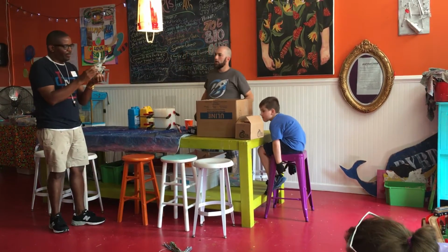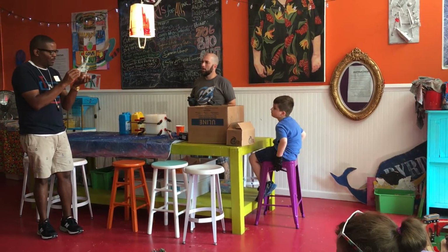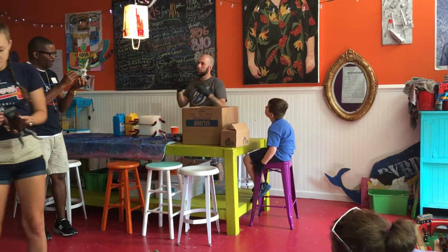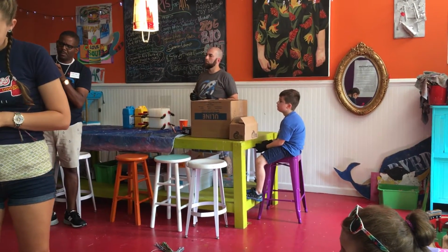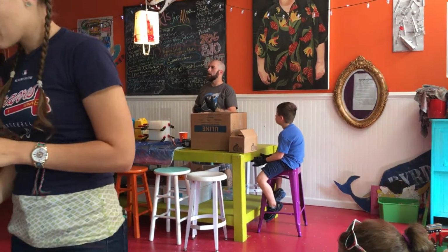What is he made of? I found a base at a hobby store, and I sculpted on top of that with Magic Sculpt. It's a 2-part epoxy that you mix together and it air dries, but it's water soluble. If anybody ever uses it, wear gloves. I started playing around with Super Sculpey, and then I moved on to this because